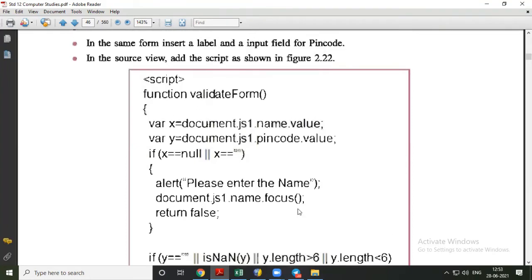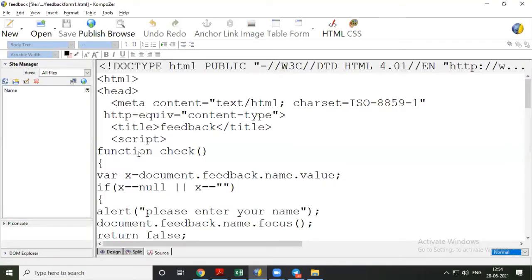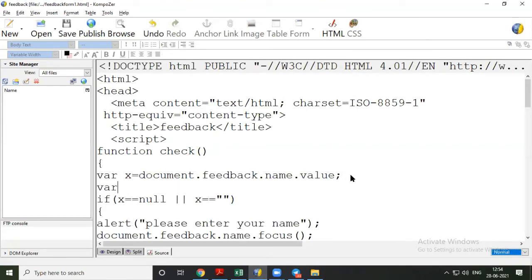Okay, so for that, now once we have created one function, we don't need a function for each validation. Let's go in the source part. Now the same thing here, we are going to create variable y. It is not compulsory to create variables in the beginning, so you can create a variable as and where you require it, before using its value.